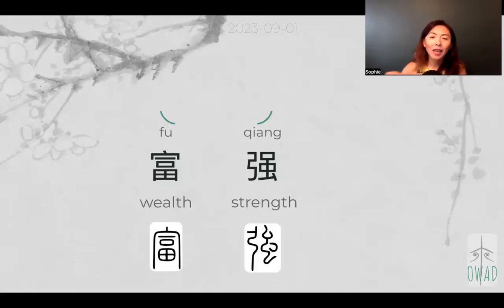Humble beginning. Okay, 墙. 墙 is made up of a left and right structure, and it looks a little bit scattered, right? It's not as rectangular as fu. It's well structured, but this one is kind of free form. But from this free form, we can still see the left is actually a zoom in view of the bow. So bow and arrow